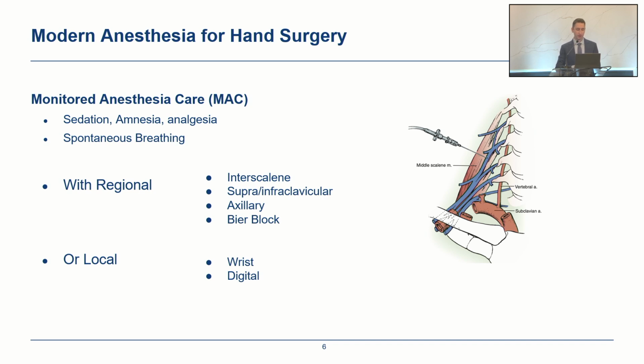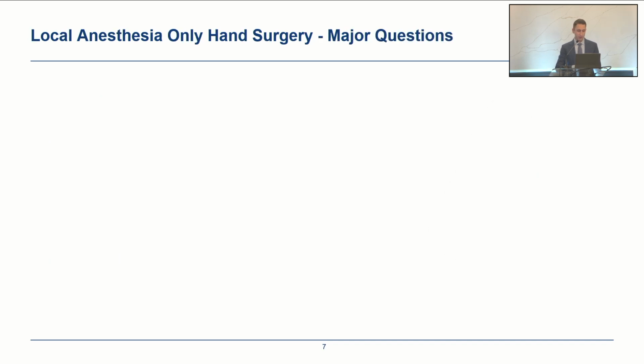So for anesthesia for modern hand surgery, we use a combination of sedation, not necessarily general anesthesia, but monitored anesthesia care, which is generally done with propofol, but the patient maintains the ability for spontaneous breathing. It also provides an amnesic effect and some amount of analgesia. This is combined with some type of block, whether it's in the neck or collarbone, or, as we'll talk about a little more, as far as local anesthesia, more distally in the fingers or the wrist. And with effective anesthesia of the extremity from a local anesthetic, depending on where it's deposited,